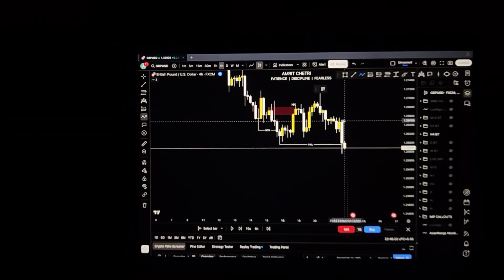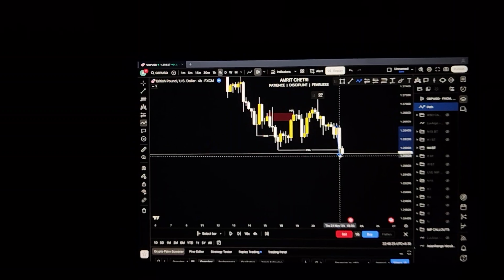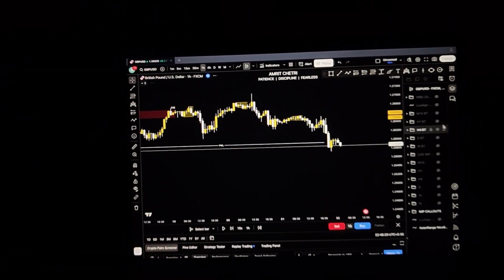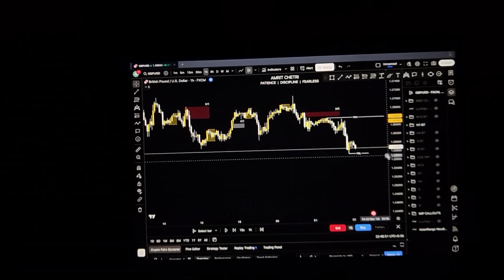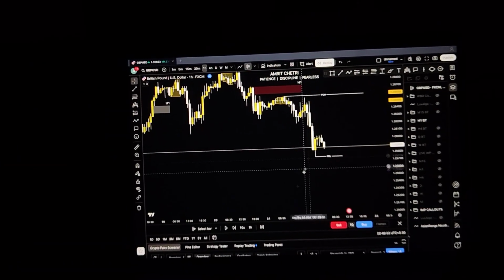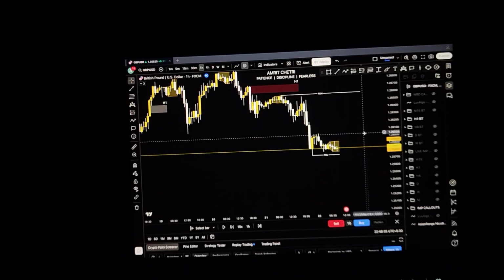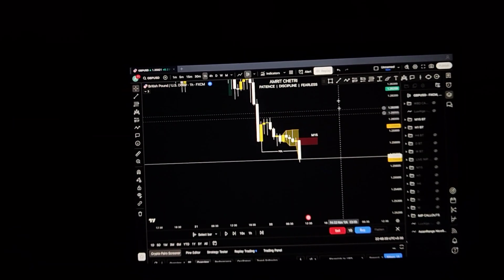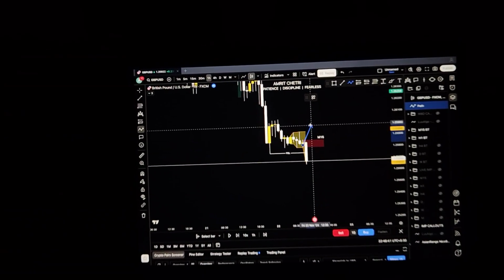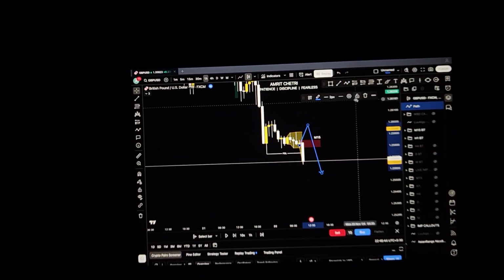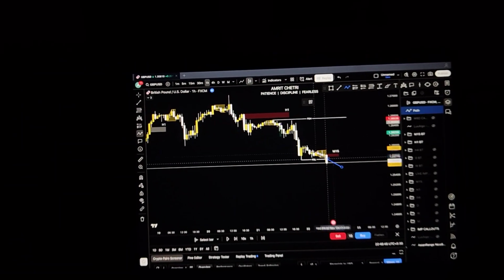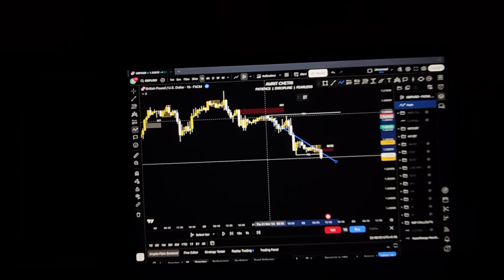Also there was an H4 break of structure right around here, as you can see, and now this is the H4 supply zone. And on the H1, the previous week low also has been swept, as we can see right there. So now we wait for the Asian range to close as always, and after the Asian range is closed, I am looking for sells because my bias is bearish. So for the price to go up and react from here makes sense, but we know that the price is so bearish right now, we have to adapt to the market conditions, right?